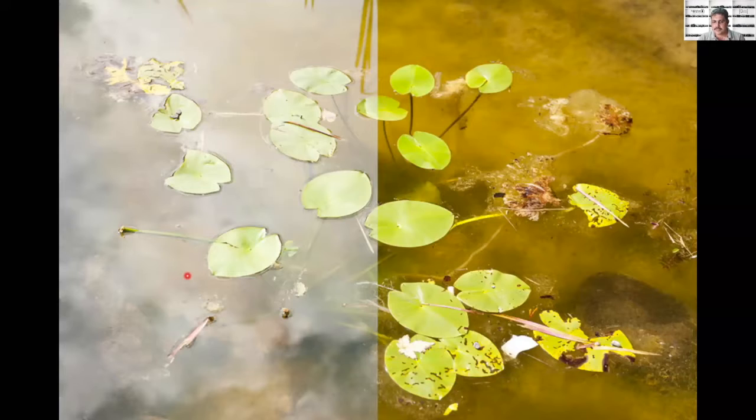See, this is a pond with lily leaves. So on the left hand side, what you are seeing is a reflection, and that reflection is totally gone when you turn the polarizing filter to a particular angle. It's not specific. You keep on rotating and look through the viewfinder, you will see this particular result through the viewfinder itself. So it's fantastic.